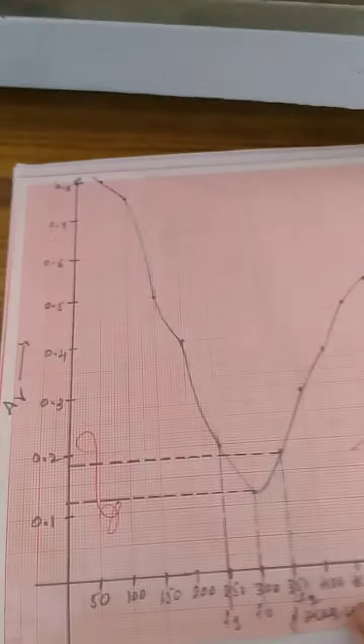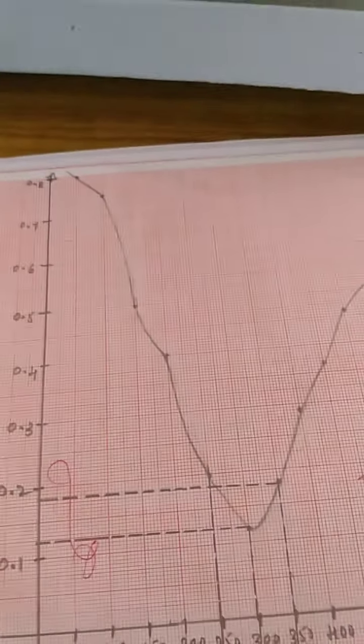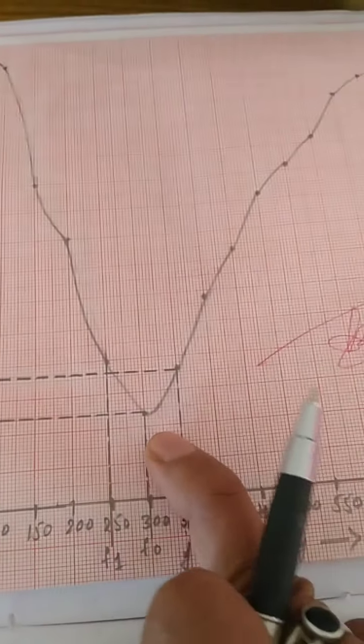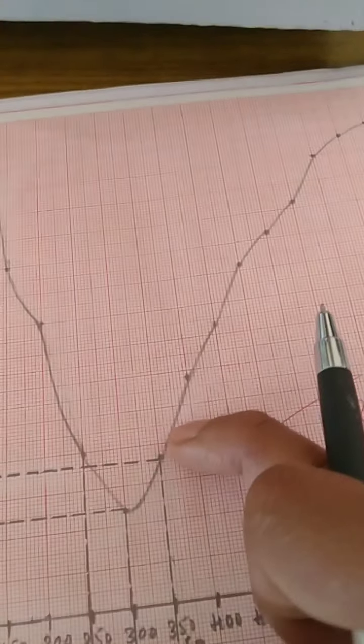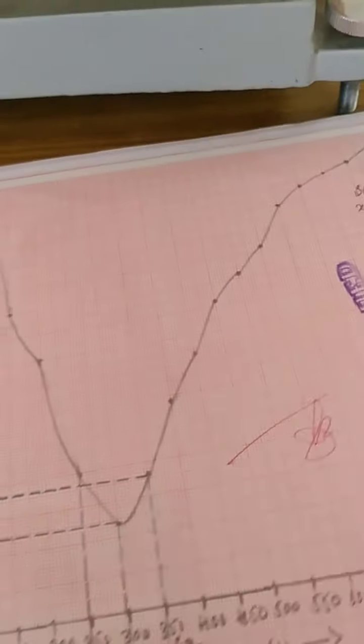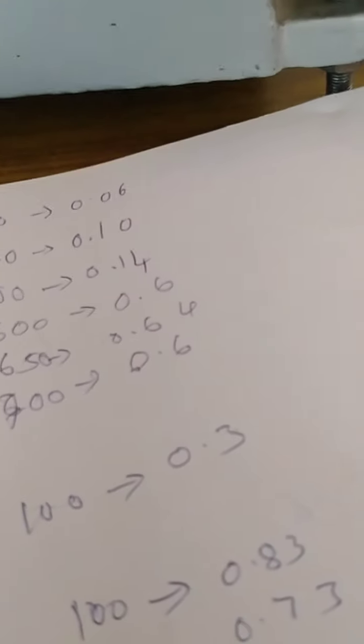This graph comes like this: frequency versus gain or output voltage we are going to plot. Then we are going to obtain a decrease in the output gain, and then crossing the resonant frequency there will be an increase in the output voltage or gain. Therefore, there will be a calculation of cutoff frequencies f1 and f2 by dividing the gain by root 2. We take maximum gain divided by root 2, and from that you get the cutoff frequencies f1 and f2.